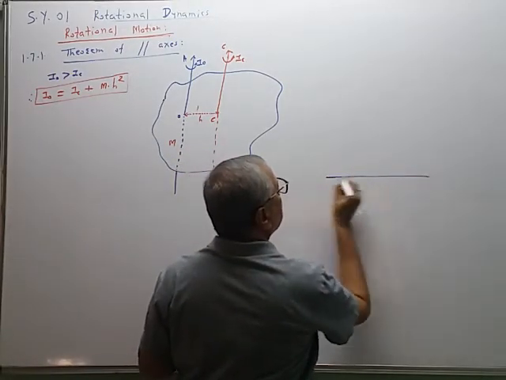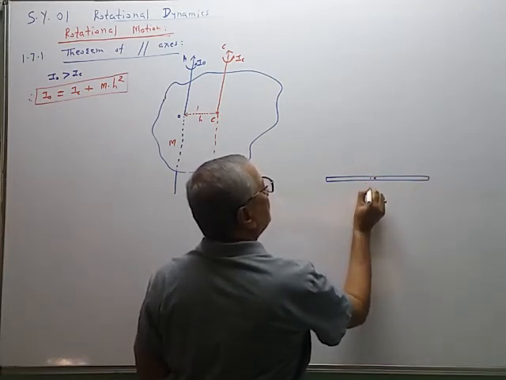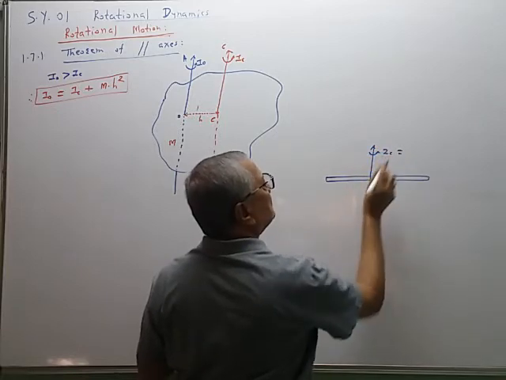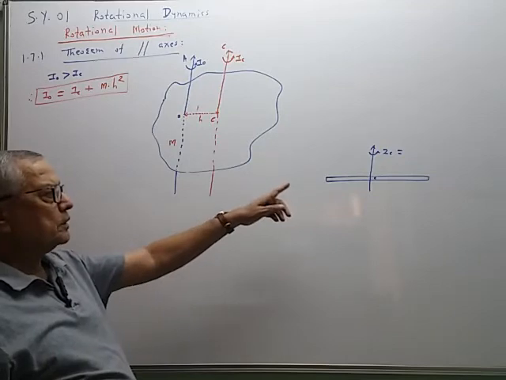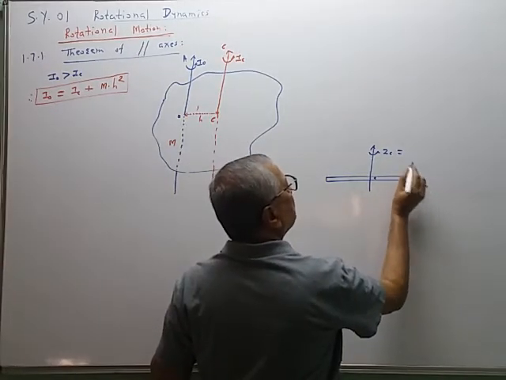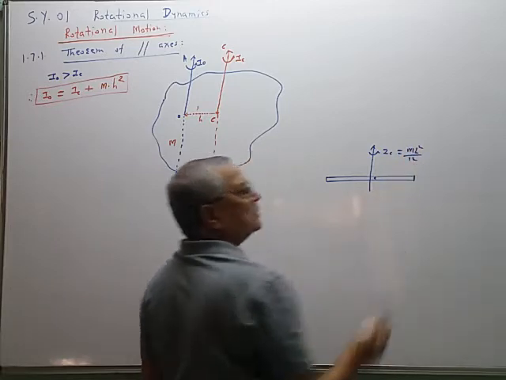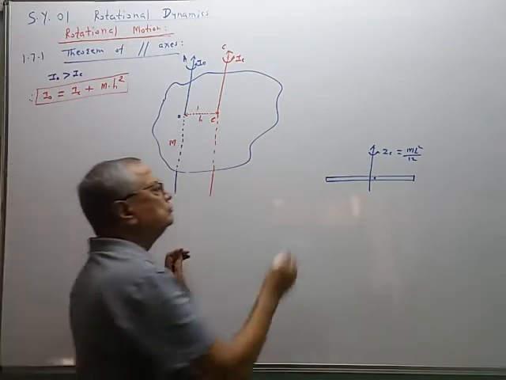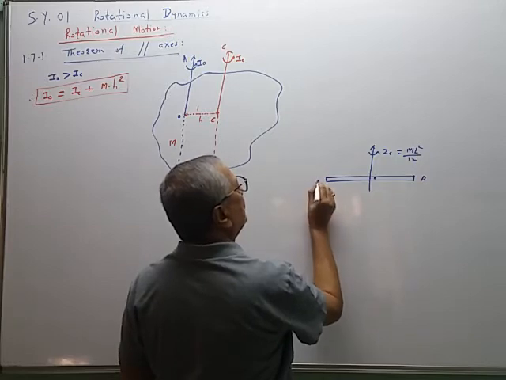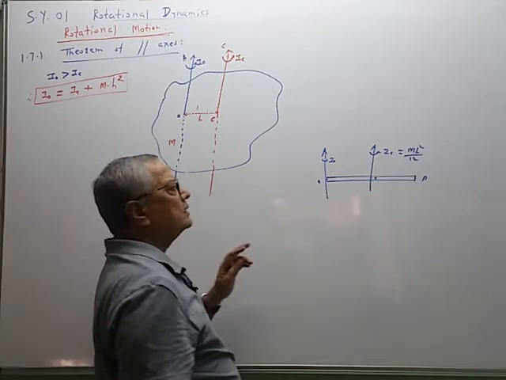Suppose this is the rod, this is the center. Now if we consider the axis passing through this, in our board books a table is given. So the moment of inertia of the rod about the axis passing through the center, which we can prove by the integration method, is ml square by 12. We will use this value directly. Now if we consider the axis passing through the point O, then this IO is definitely greater than IC.